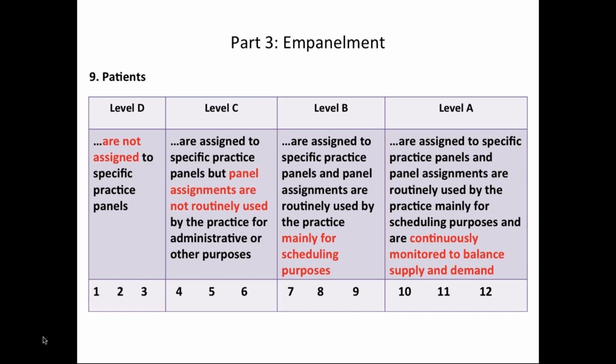But there are 3 that pertain to empanelment, and I think they're worth looking at because they show you where you may be and where you may need to move to next along this continuum. It puts people into these 4 categories, D, C, B, and A. At the lowest level, patients are not assigned to any specific practice. At the next level up, they're assigned, but those assignments aren't routinely used for anything other than administrative purposes. At the B level, though, they're used mainly for scheduling, to make sure that the patient sees their own provider